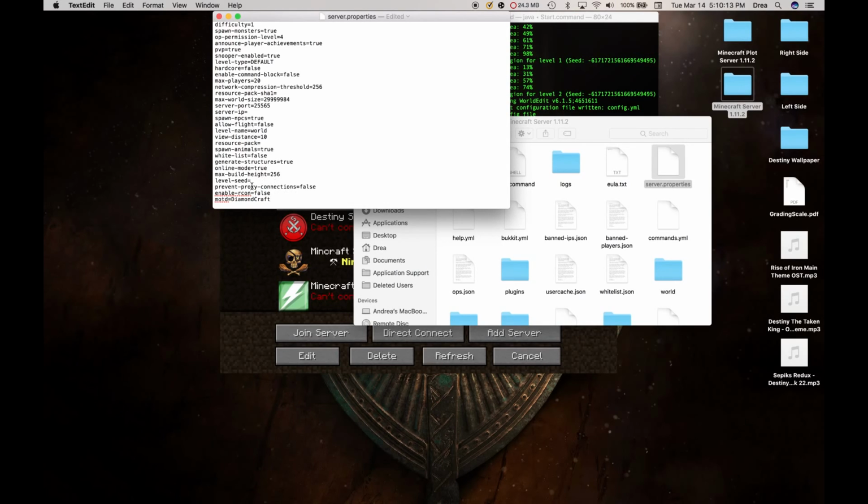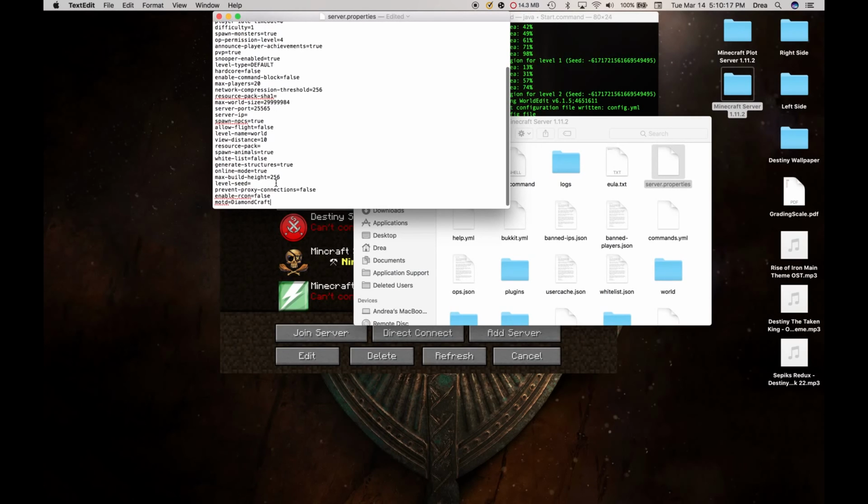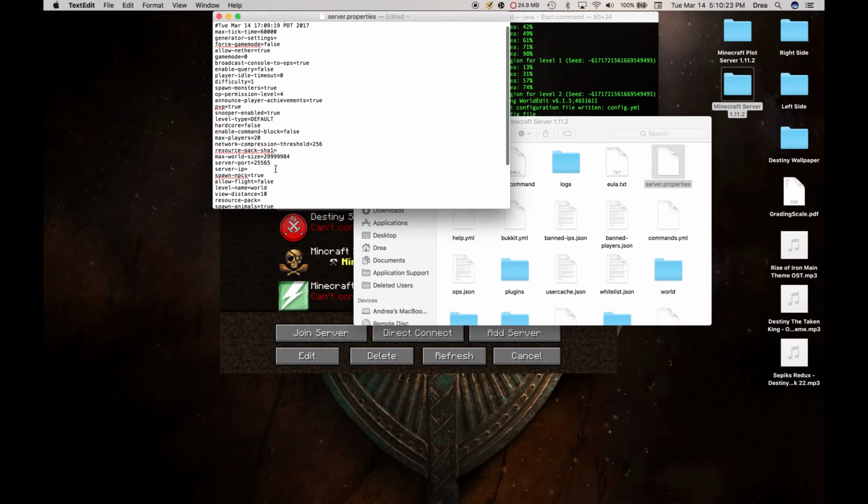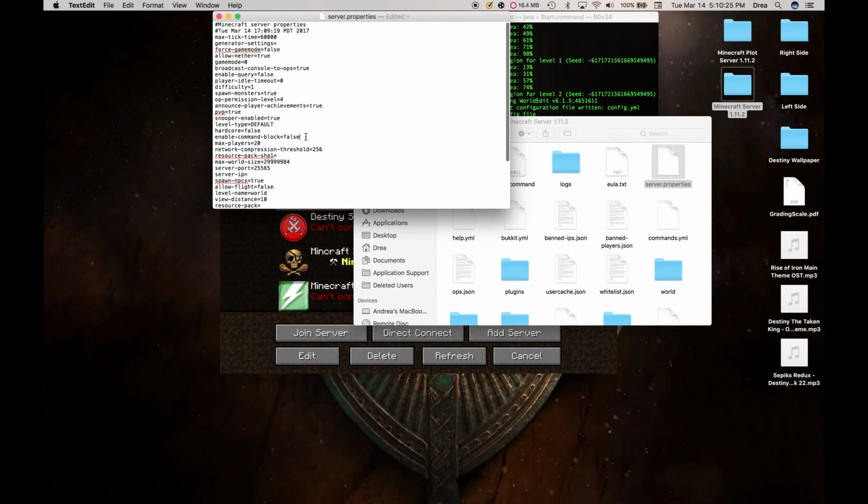And then most stuff I just wouldn't touch, except for like max build height or something, or view distance, which I don't think that actually affects anything. But server port, definitely 25565. And you always want to enable command blocks, so you want to put that as true. And there's all this other stuff that you can look through. But then you want to save that,